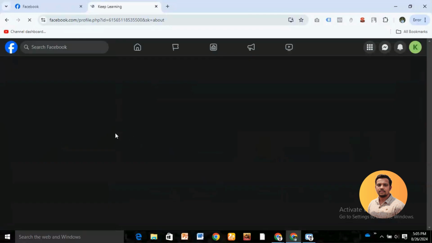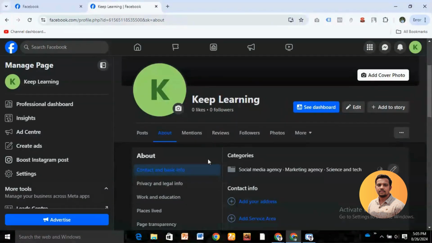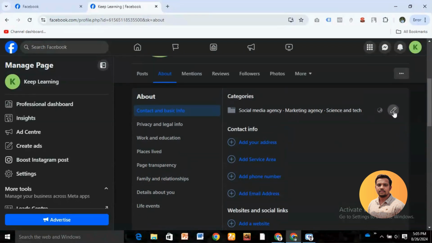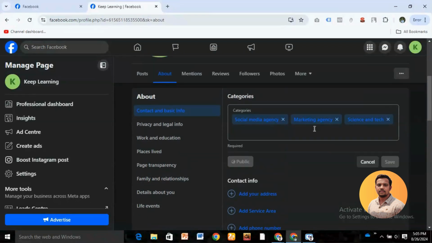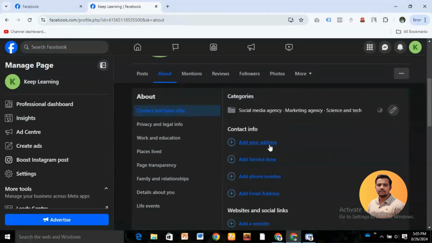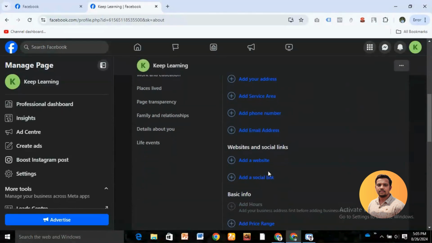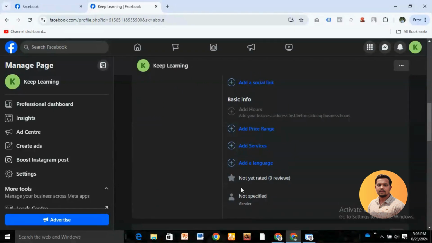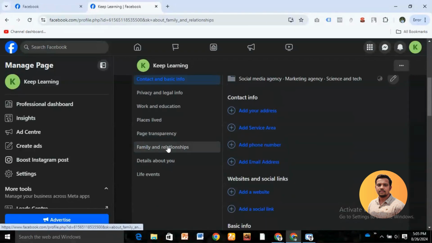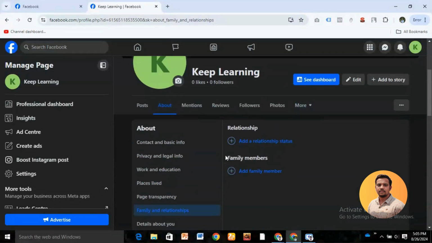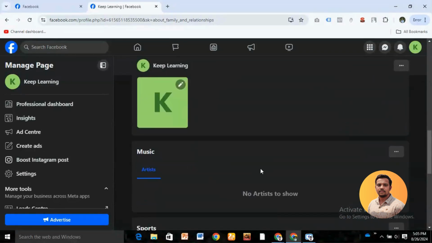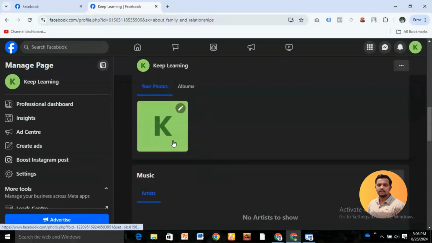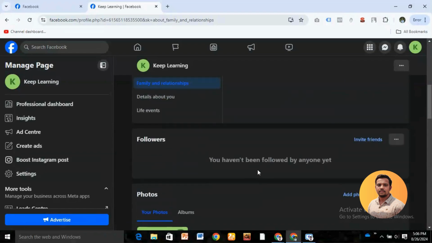Go to page details and see that it's linked to our about page, and from there we can change our address, our phone number. We can change the category we selected previously. We can input website, social links, add our language and everything from there. We can input our family members from there. So in our next video, I will show how to optimize the Facebook